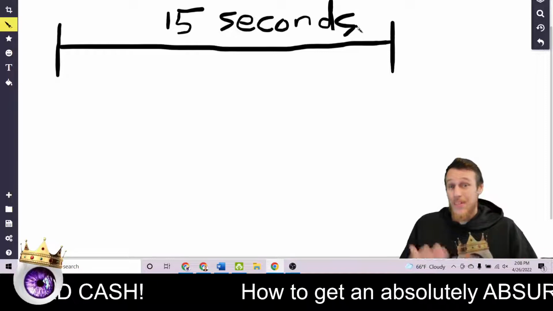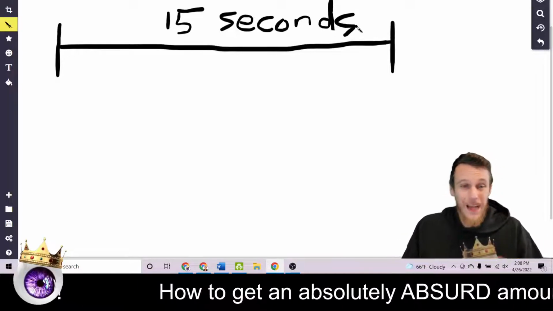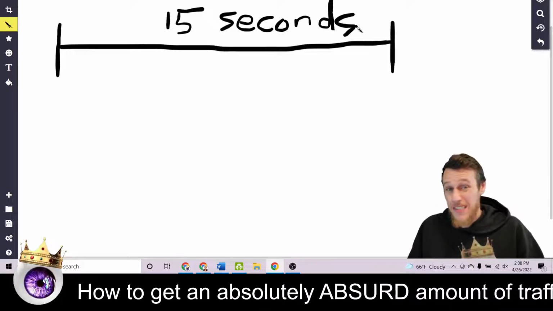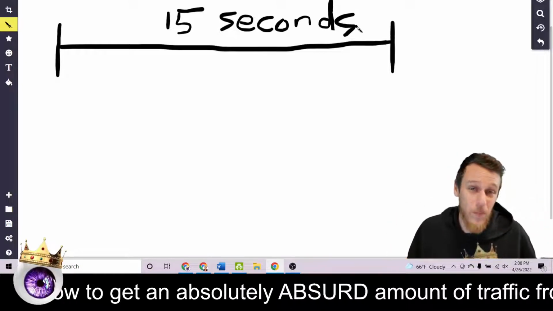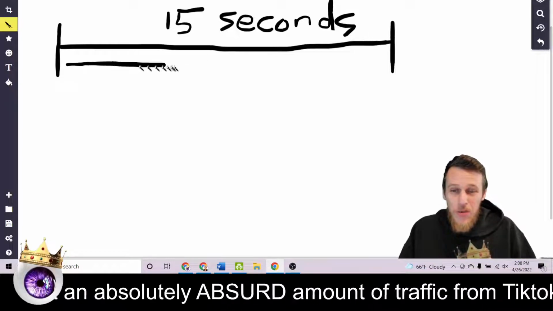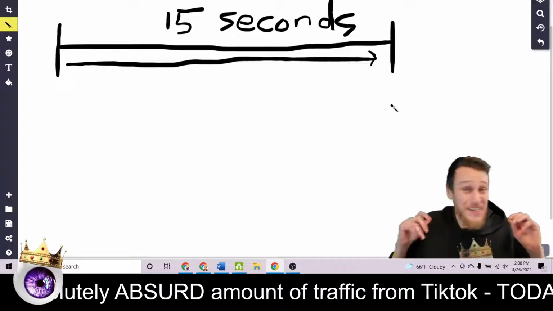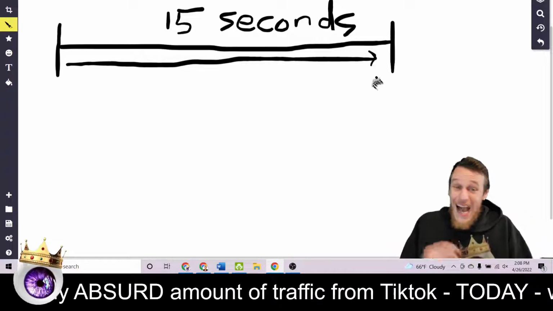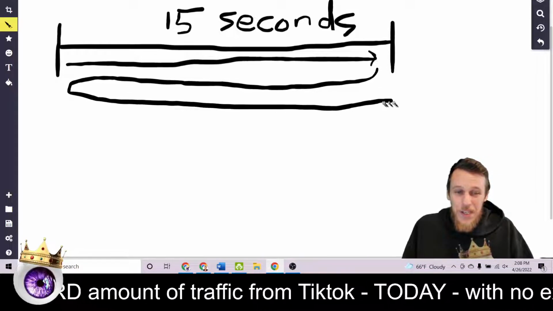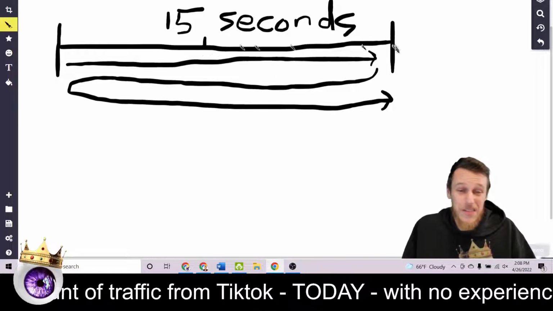We also know that the TikTok algorithm works by identifying content that people like and then showing them more of that. So if our goal is to get our content seen by as many people as possible, the most important thing we can do is get people to watch our entire video all the way to the end, right? That's the number one most important thing. Ideally, we want to get them to come back and watch the video again, right? Maybe there was an interesting detail, partway through right here that they missed, so they want to come back and